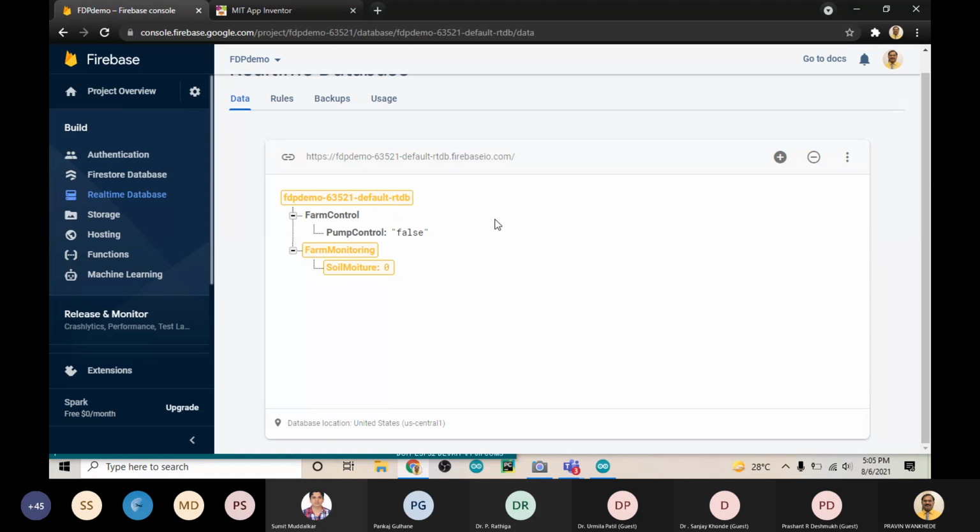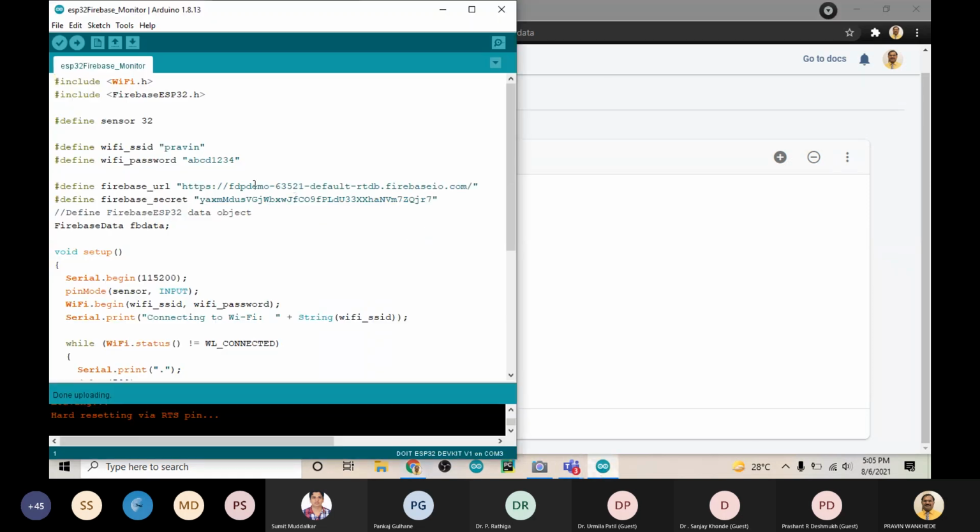So for that purpose, let me write a code. See here, this Wi-Fi library is needed, and the Firebase ESP32 library is also needed. Then, since we had connected the sensor at pin 32, we'll replace the pin number with a different one. I have connected an LED at pin number 23. The hotspot needed is the same, the URL and everything is again the same, and the Firebase data is again the same. So most of the part is the same.